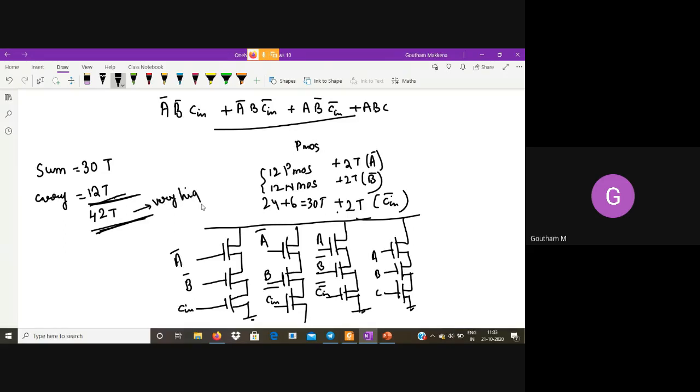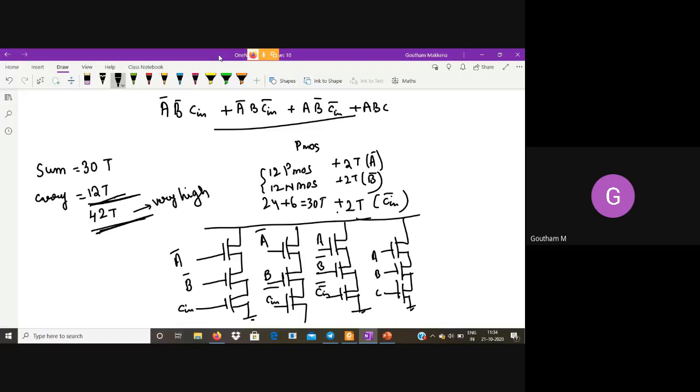Very high number, and we need to reduce this. Okay, because the power consumption needs to be low. If we reduce the count of transistors, then we can successfully reduce its power consumption too. Okay, the full adder's power consumption. So that is the goal that we have started out with. Reduce the number of transistors to reduce the power.